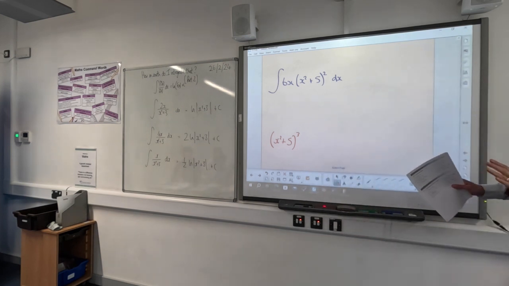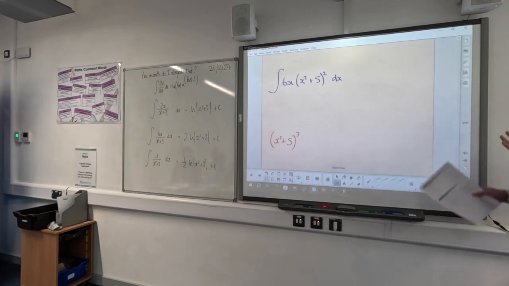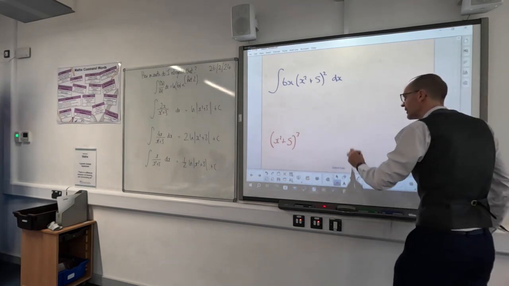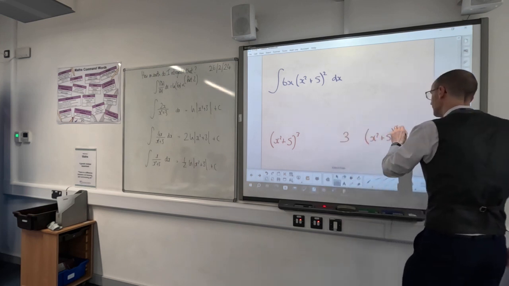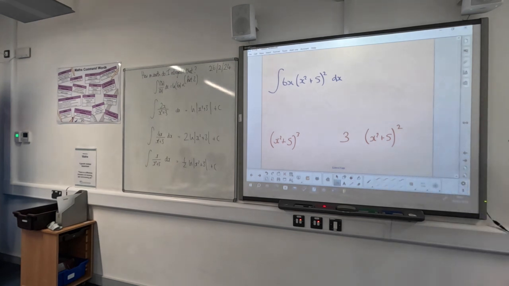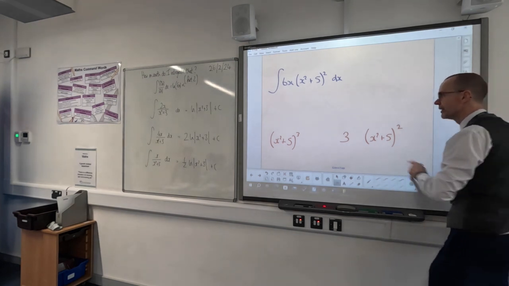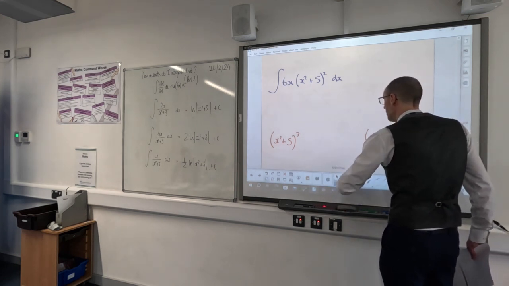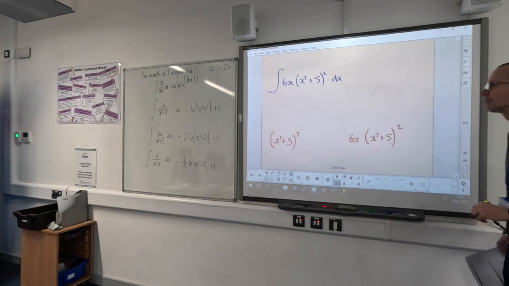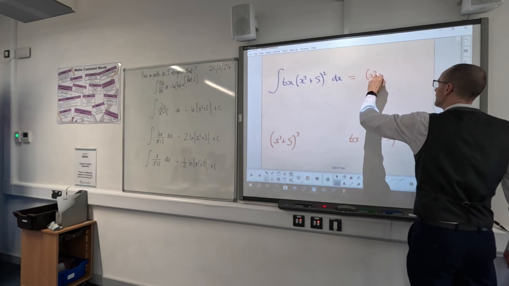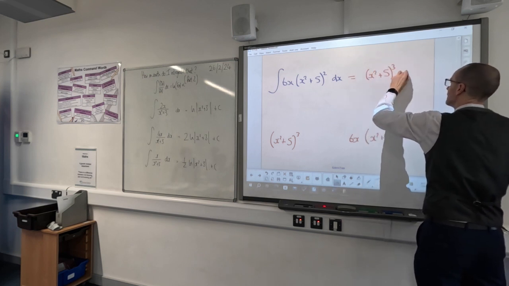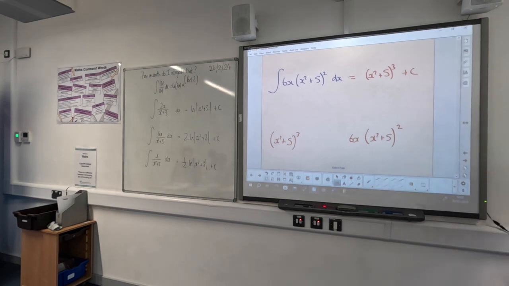And I realise it's complicated. You know, you're integrating, you're differentiating, you're integrating, you're differentiating. I want to differentiate this, so that gives me 3 lots of the bracket to the power of 2, multiplied by what you get when you differentiate the bracket, which is just 2x. 3 lots of 2x, bingo. So that must mean that the answer to this is